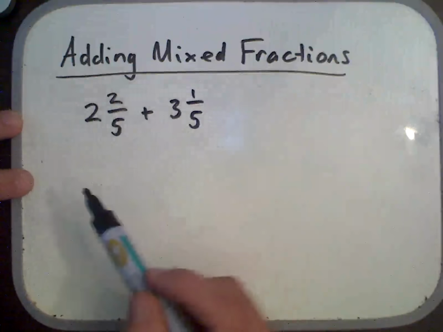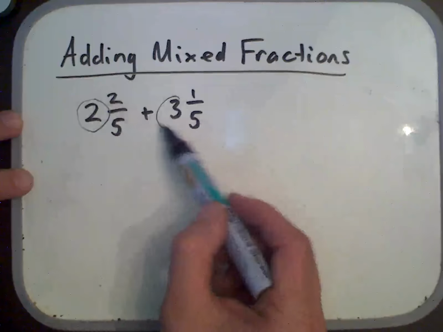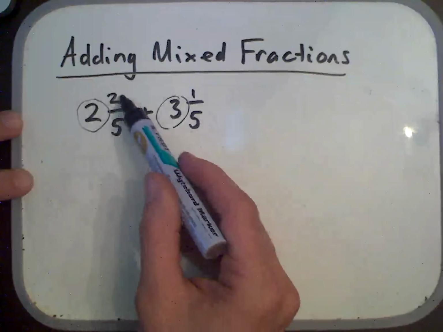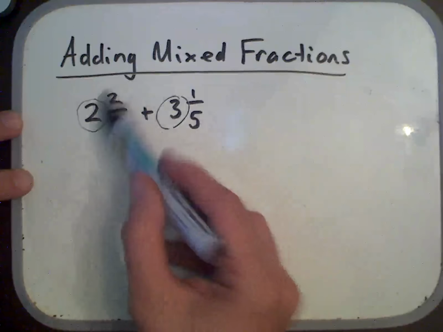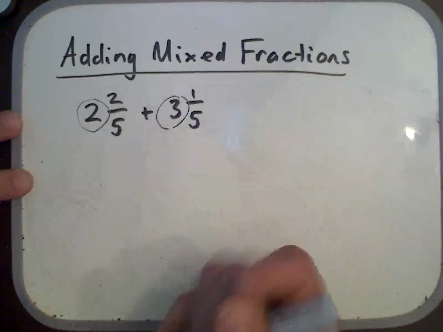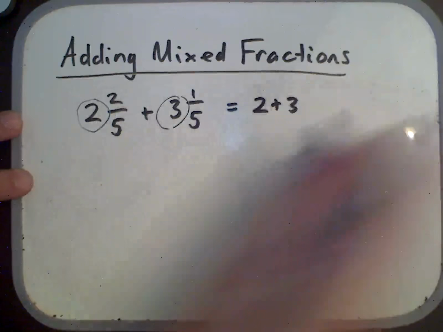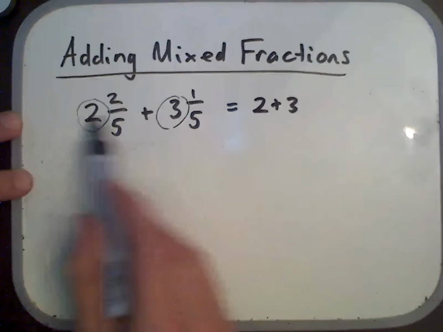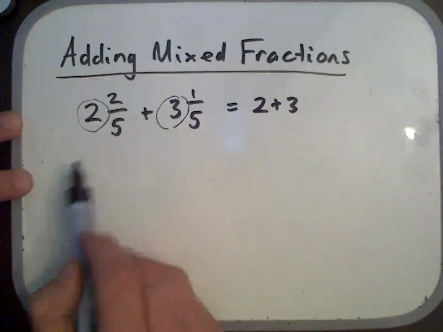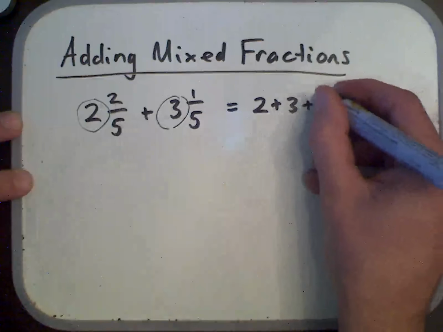First of all, we need to identify the whole part of our fraction, which is 2 and 3. And then the actual proper part of our fraction, our proper fraction, is 2 over 5 and 1 over 5. So our denominators are the same. So that's a really good thing. Makes our adding simple. So what we have there is we have 2 plus 3. There's our whole numbers. And then we have 2 fifths plus 1 fifth. So we can split it up into